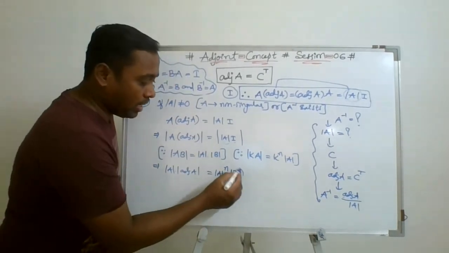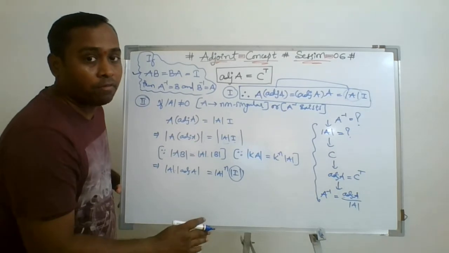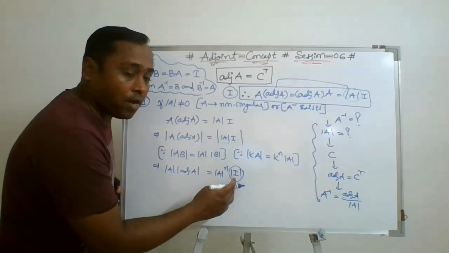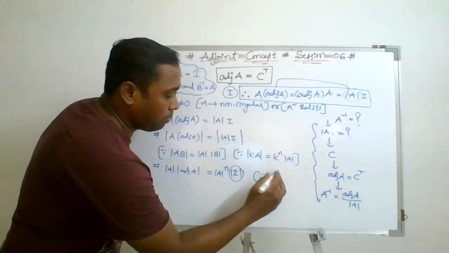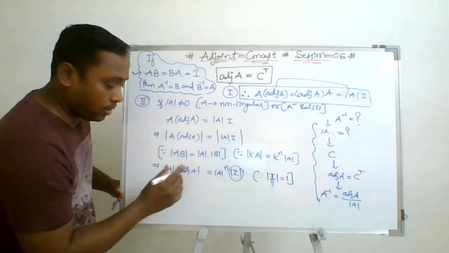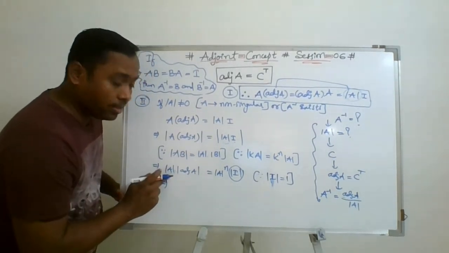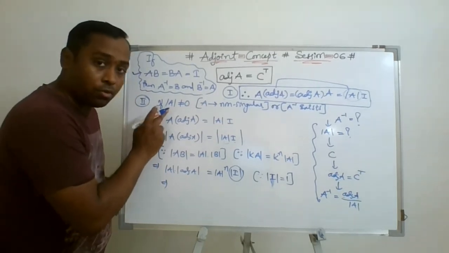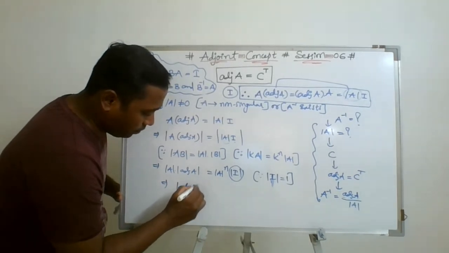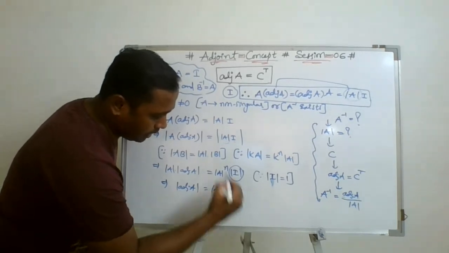And as you know, determinant of I, identity matrix, is always 1 because it's simply the product of diagonal elements, and all the diagonal elements are 1. Hence this result is reduced to, I can take det A in denominator. Reason, it's a constant which is not equal to 0. Hence, determinant of adjoint A is reduced to det A to the power of n minus 1.